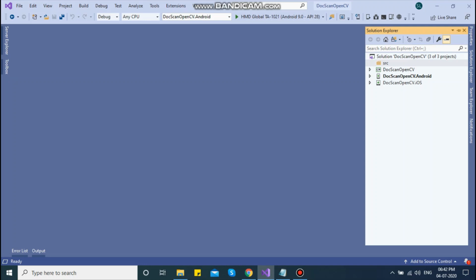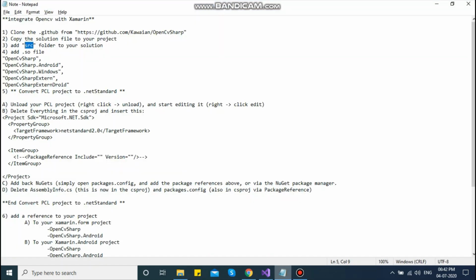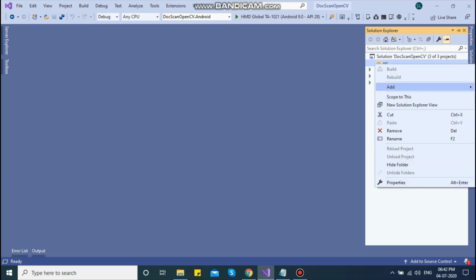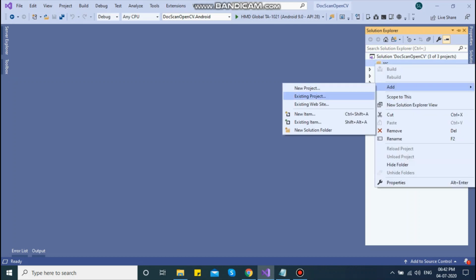As I have added the solution source folder here, the next step is you need to add .so files. So here I have listed 5 SO files you need to import. First is OpenCV Sharp. So I'm going to add existing project.